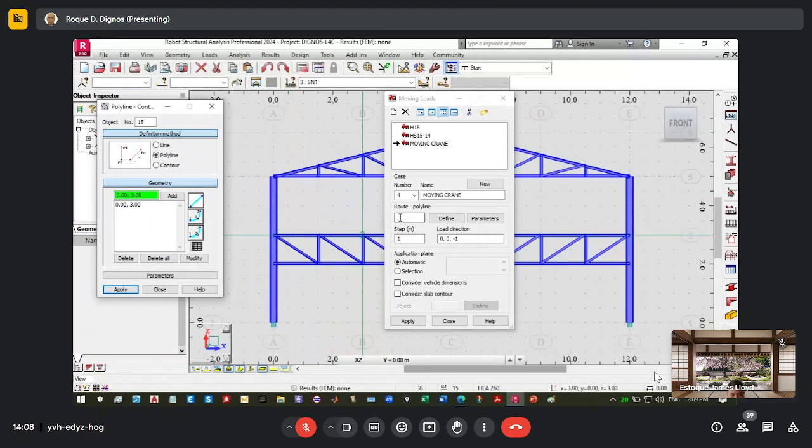So the next point will be this one. As you can see, X is 12 here and Y and Z is 3. If that is confirmed, then you can click.